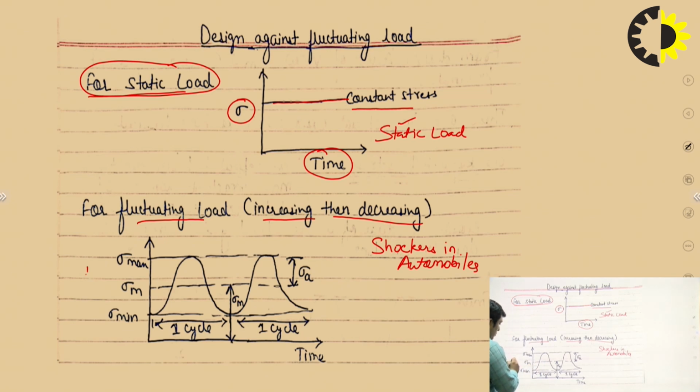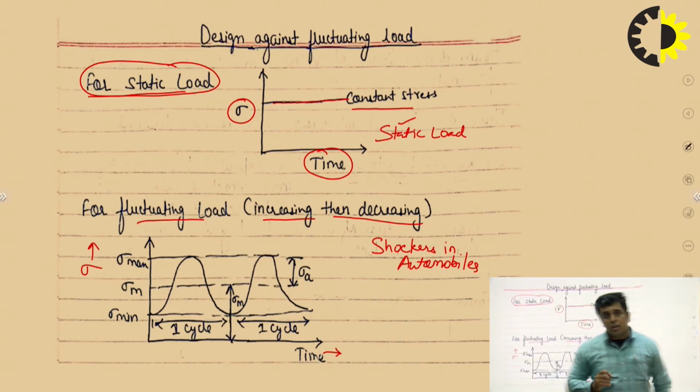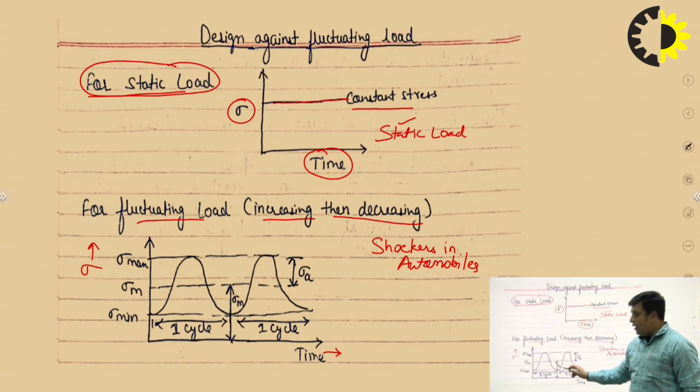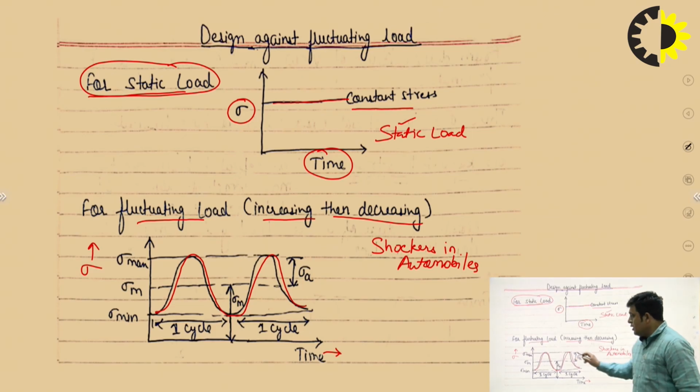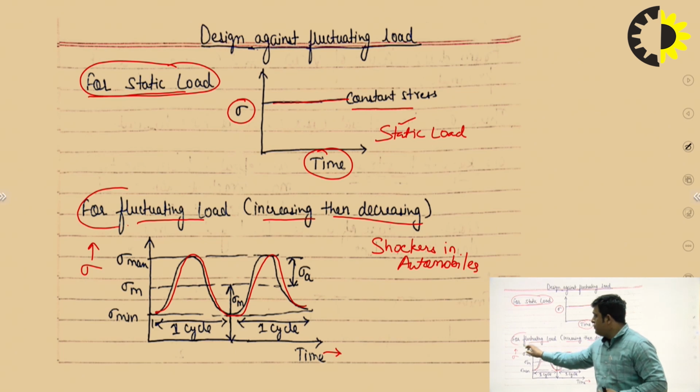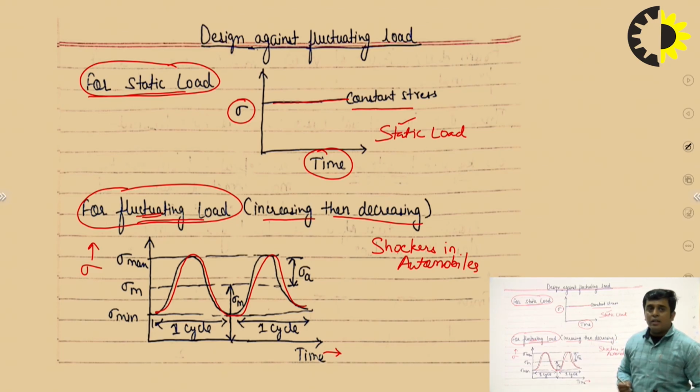This curve is again between the stress and time. Now in this curve you can see that the load is continuously increasing and then decreasing. See, this is the increasing part, then decreasing, then again increasing, then decreasing. That means the stress is not constant with respect to time. This type of loading condition comes under fluctuating load, and our concern is to discuss this part, that is, design